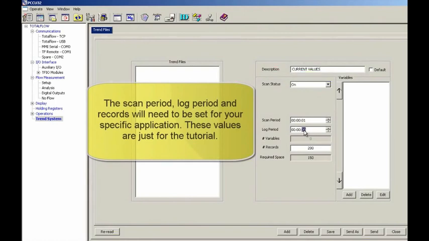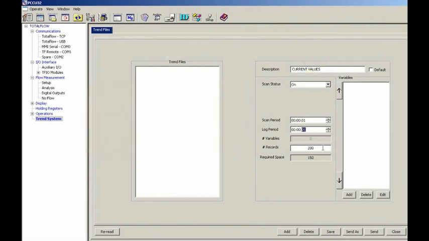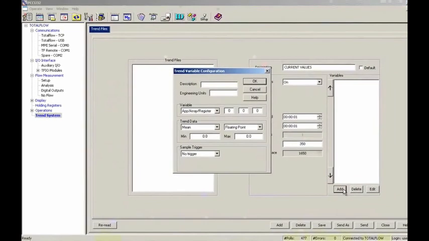Log, scan every second, log every second. We're going to do 350 records, and we're going to add the first one. So the description here on the first one is, I'm just going to put in bat volt, and this is voltage, and we've got it set up. Variable is app array register. We could put in a Modbus request number or sequence number, but I'm going to leave that as app array register. And for the first slot here for battery voltage, we said was